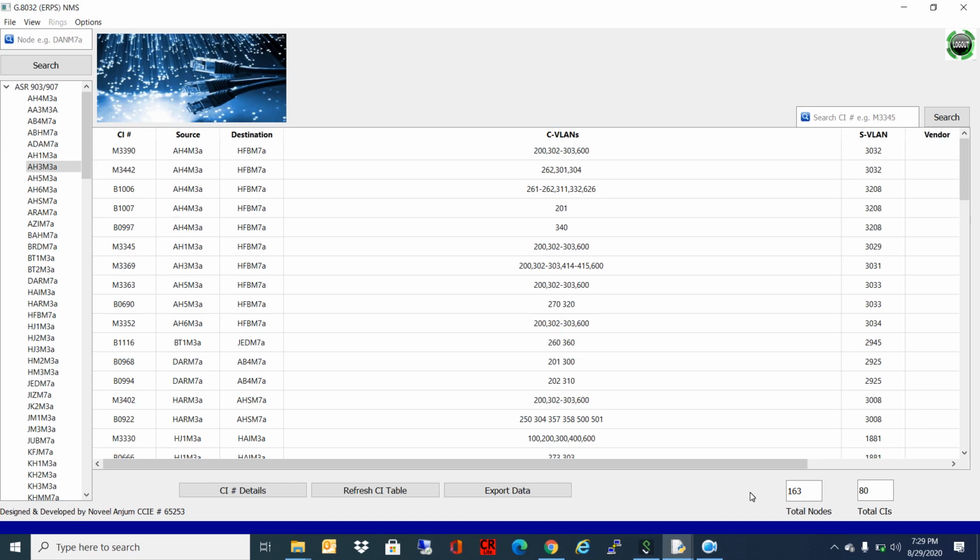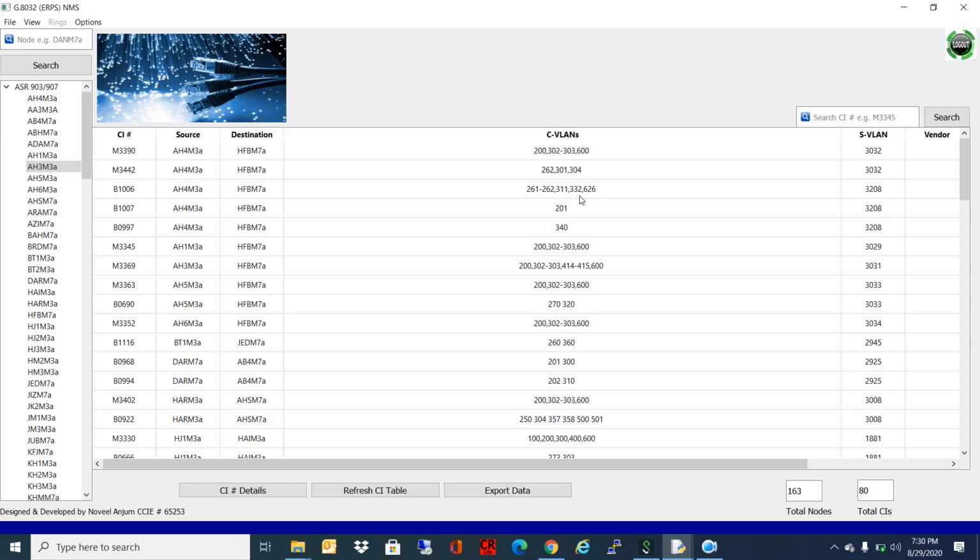But this is not the case which I have used in this system. I have used multi-threading. What will multi-threading do? As soon as we launch this NMS, the system will log in to all the 163 devices simultaneously. It will fetch the data from all the devices, process it concurrently, and then store all the data in the RAM, in the memory of the system. Then it will be displayed over here. Once this process is completed, this system will disconnect all the connections with the routers gracefully.